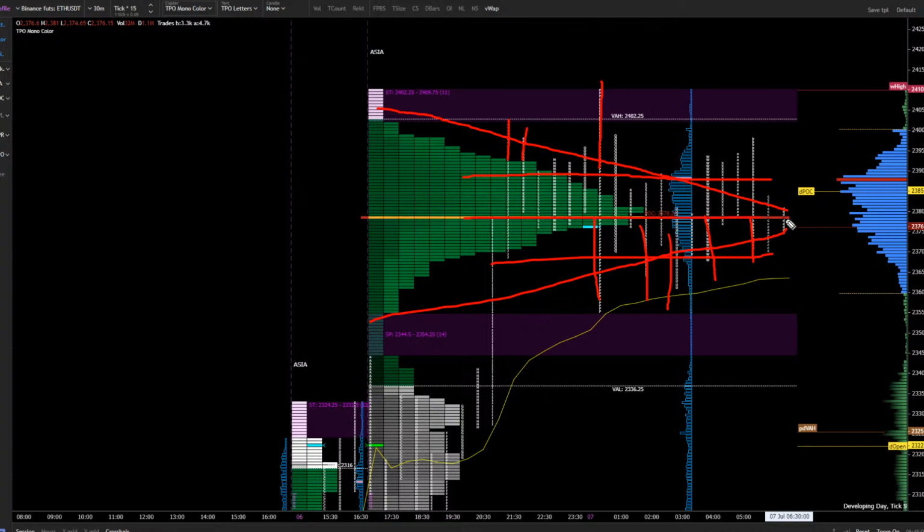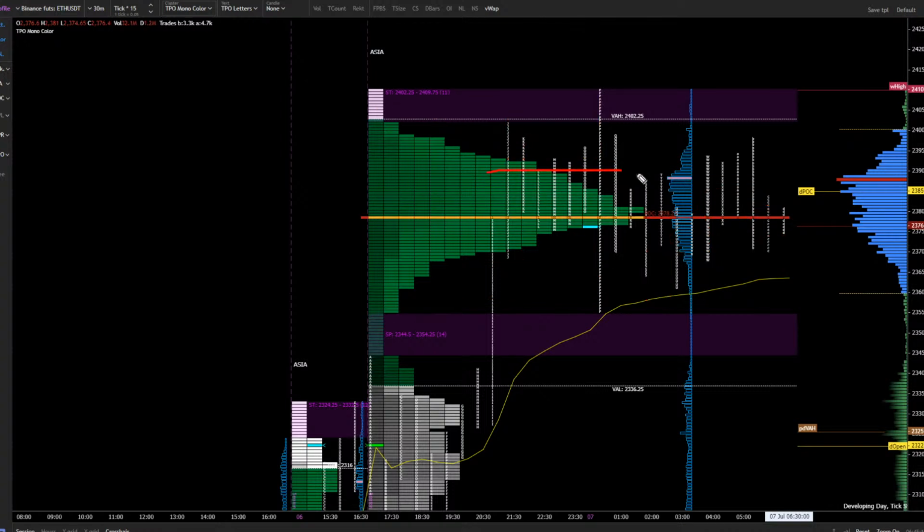We have a structure pretty much like this. Anytime we get below it, you're seeing people try to short, and anytime we've gotten above it, there's been people trying to long. But every time it fizzles out, fizzles out, fizzles out. And what typically happens,